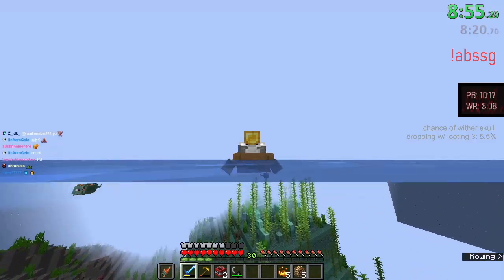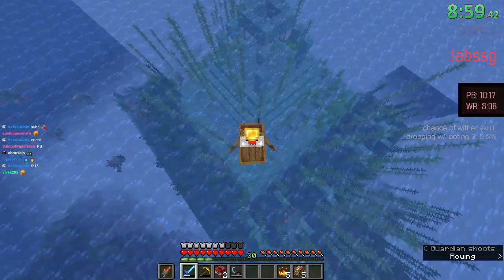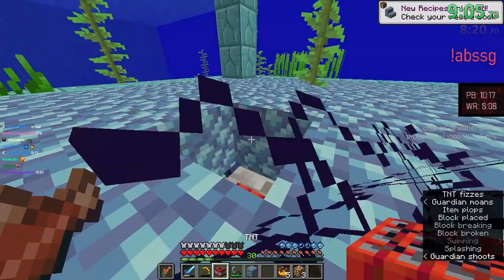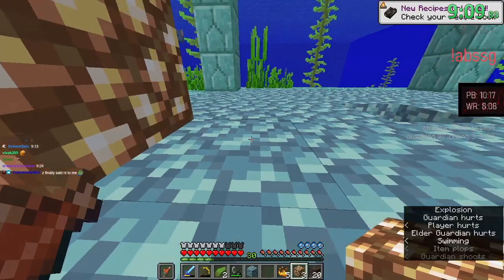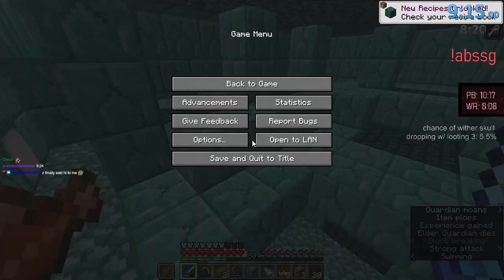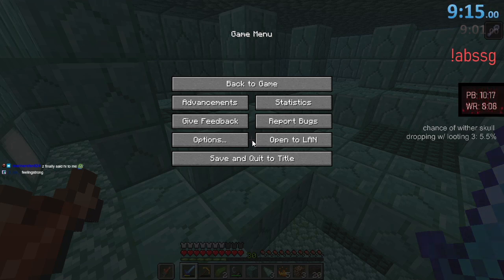So this is my last boss I have to kill. If I kill this boss in a few seconds, this is sub 9. So right now I place blocks to block myself off for guardian shots. And I'm dropping TNT on the Elder Guardian. If you guys don't know, TNT does 40 damage exactly. If I place 2 TNT really well, then I can 2-shot the Elder Guardian with TNT. But there you go. I lowered its health a lot, and I finished killing every single boss